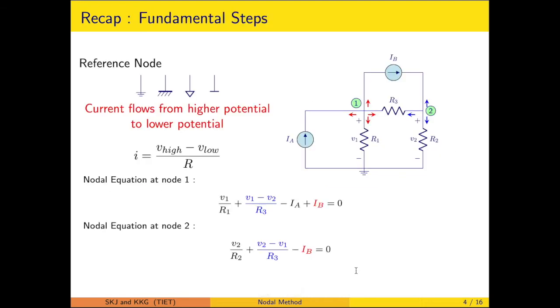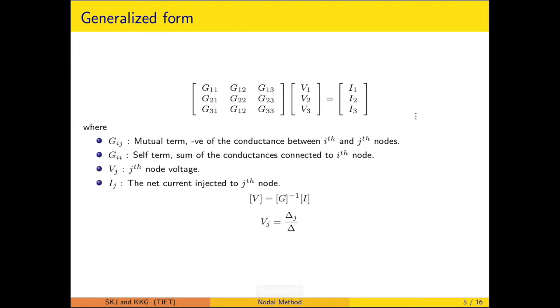So this particular slide is a recap of how the equations are to be written. This we have gone through previously. The only thing to be highlighted is that one of the nodes is to be taken as a reference, and the outward current has to be taken while we are writing the equation for individual nodes. So for the first node, whatever is marked in red is the reference direction, and for the second node, the marks in blue will be the reference direction.